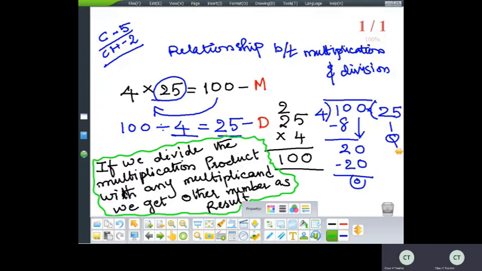Okay. So this is the mathematical term of the relationship between multiplication and division. In mathematical terms, we justify it in this way. Okay, children? So it is proved. Yes or no? Understood? In simple terms, you can say that multiplication is the reverse of division, division is the reverse of multiplication, vice versa. Okay. So now let us take one more problem and go on with the division.